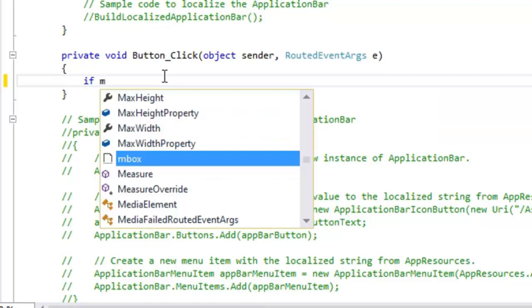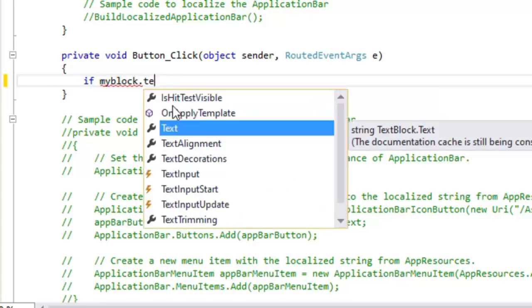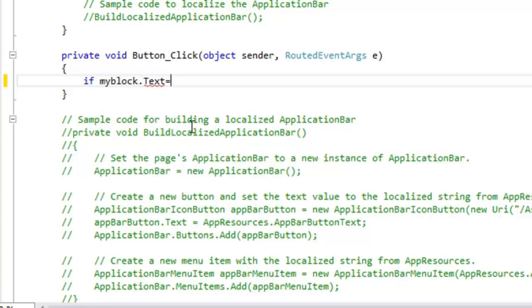If my block is the name of the text block, my block dot text equals to empty.